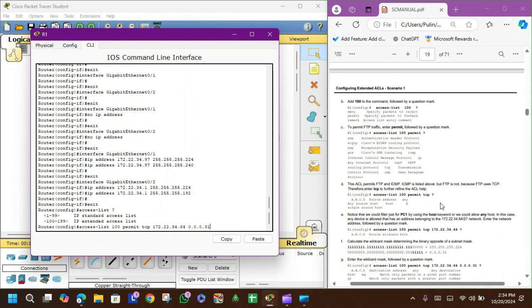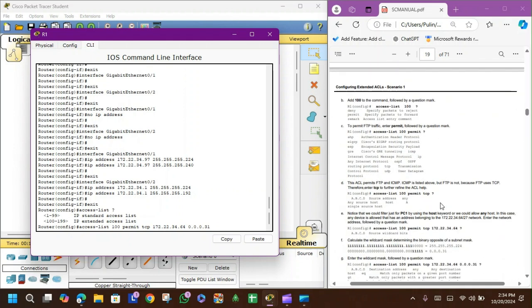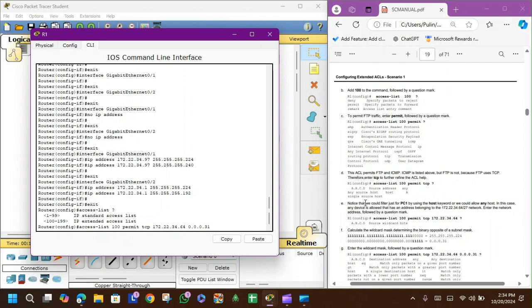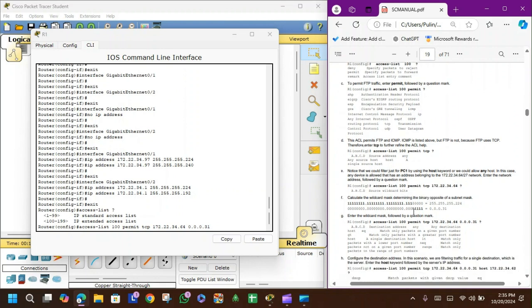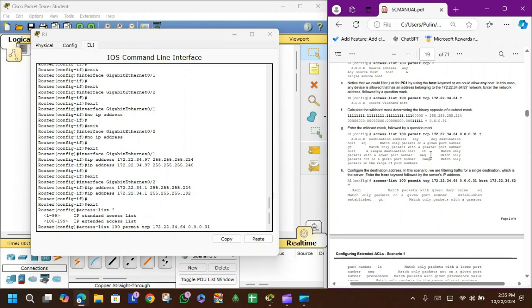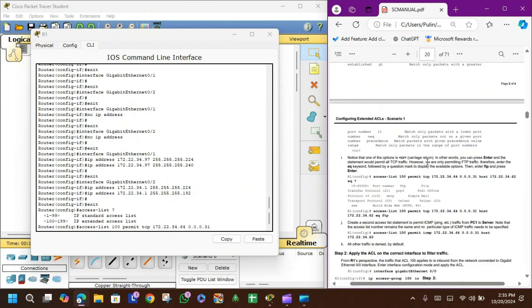Then you go down. Notice that we could just filter for PC1 by using the host keyword. In this case, no, any device is allowed to have access. I'd recommend that you read this, because if you have noticed, there is no machine with this kind of IP address, correct? So if you're wondering where this IP address is coming from, basically any device that has an address belonging to this particular network will be given access. And the complement is of 255 and 224, correct? After that,